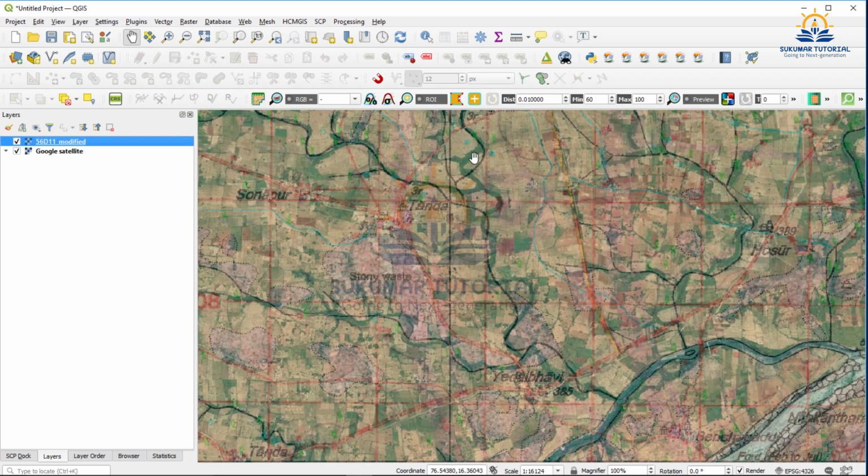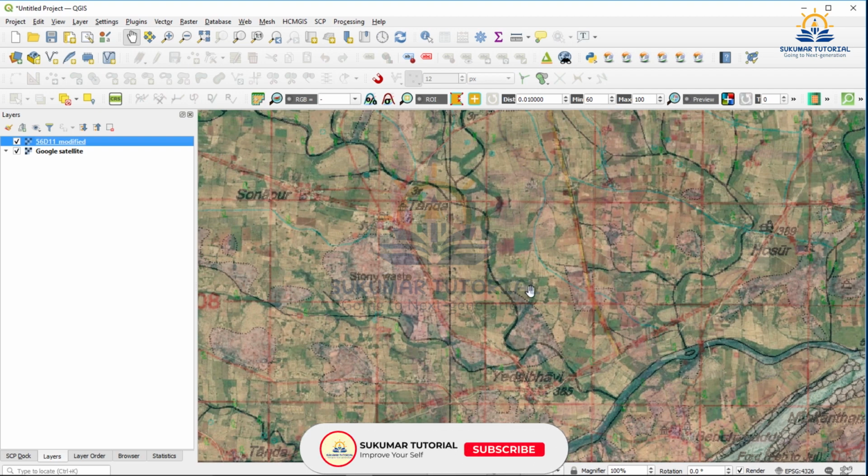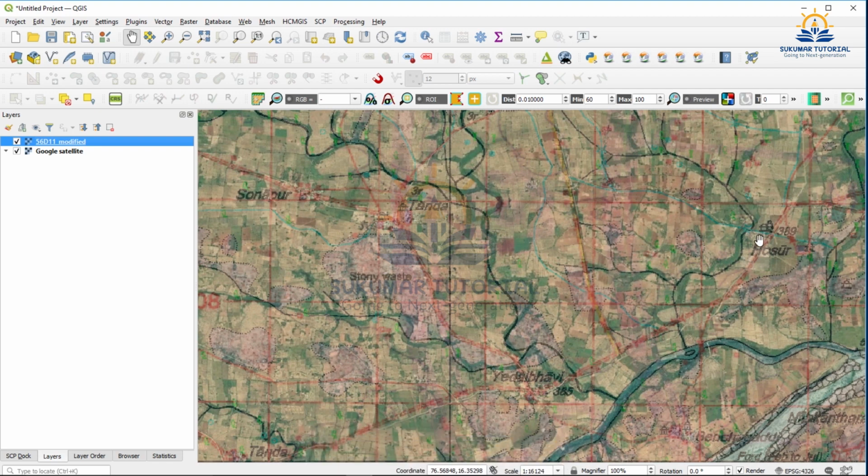So for geomorphic studies like fluvial geomorphology, you can see meandering, changing of course. In the Indo-Gangetic Plain, we have studied the changing of the course during floods. Same thing you can see here also. It has changed.